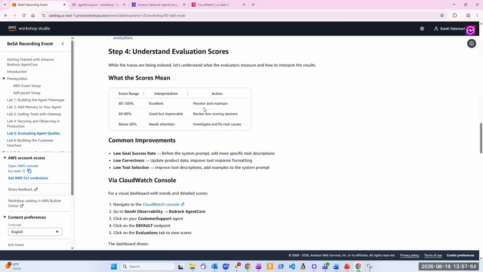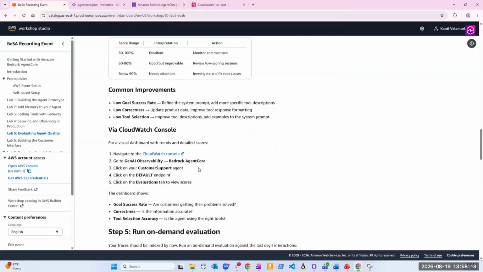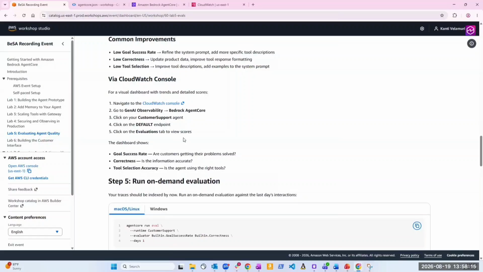We just have to make sure we monitor the agent and maintain it. If it is 60 to 80%, there is a good interpretation, but there is scope for improving. We have to review wherever we have low scoring sessions, see what went wrong and try to fix that. And for below 60%, definitely the interpretation is not good, and we have to improve our prompt, or we